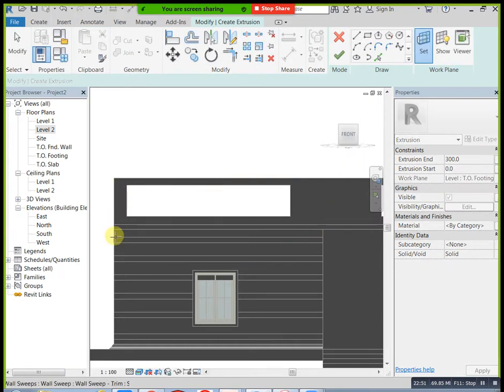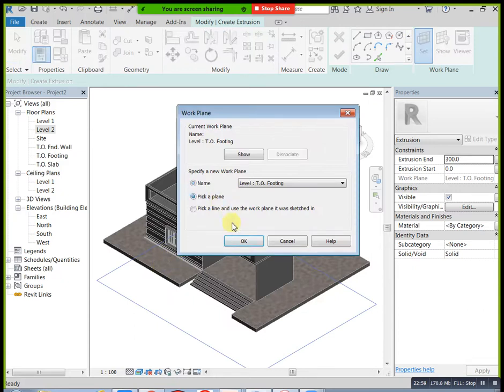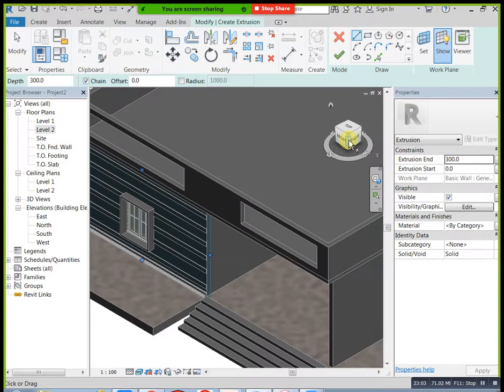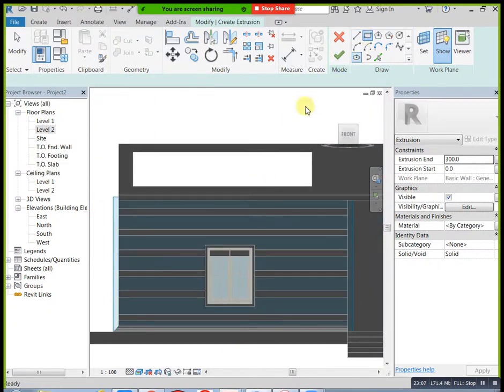Okay, front. Now you can select rectangle. Now you can select this, you can do copy.